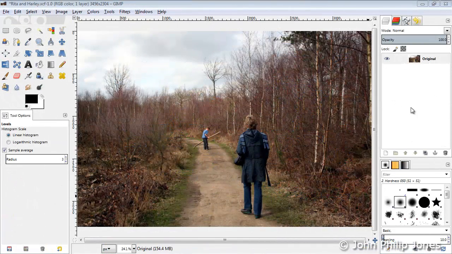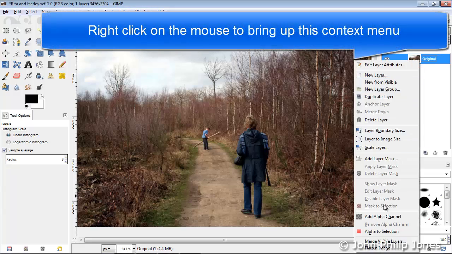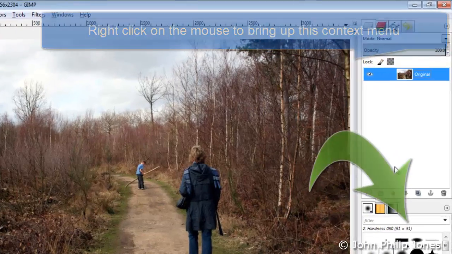Here is a photograph of my wife and grandson taking a stroll in Blean Woods near Canterbury, Kent. From this image I'm going to create another image where it would appear that my wife is walking into the photograph. To achieve this, we go to the first layer and we add an alpha channel, and then we create